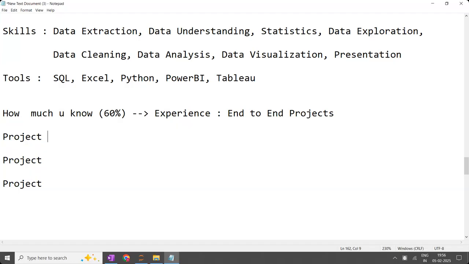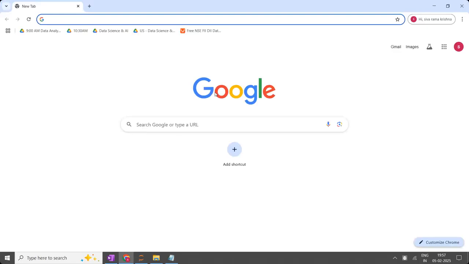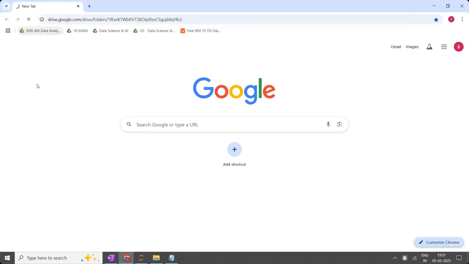When we give a project, what we are going to give is just the dataset and the business problem. The business problem is the project requirement. Let us take an example so that you'll understand. Recently, for the 9 a.m. batch, data analytics 9 a.m. batch,